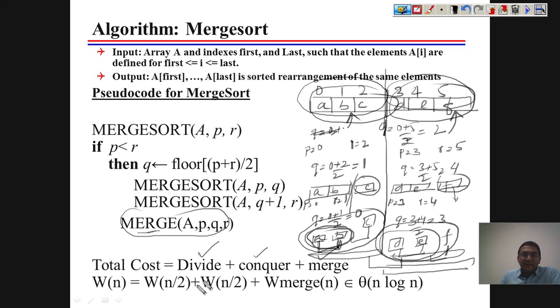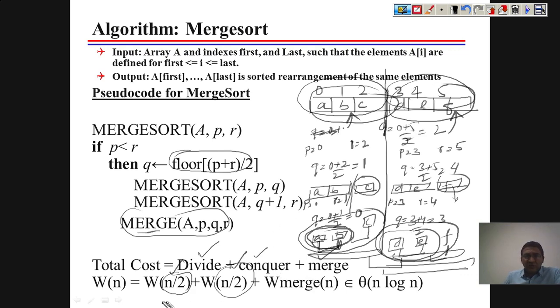Then you can say that we did some work to break the array into two parts, and that work is done by finding the mid value, which requires constant effort because we are simply finding the mid value, and then we are able to divide our problem into two parts, n by 2 and n by 2. So again you have to recursively call for n by 2 size, and also you have to merge these n by 2 arrays, and the cost of merging is theta of n, which we will see later.